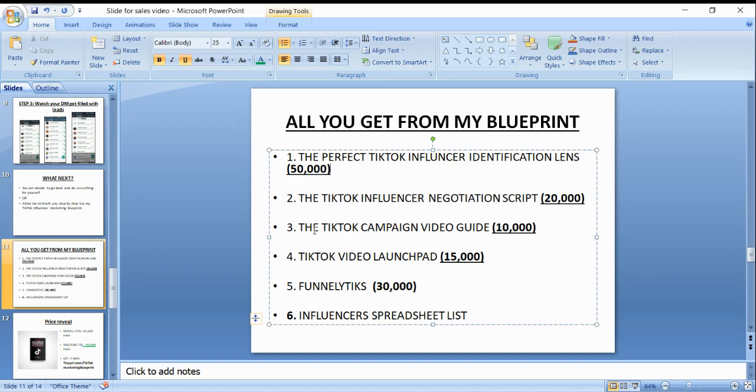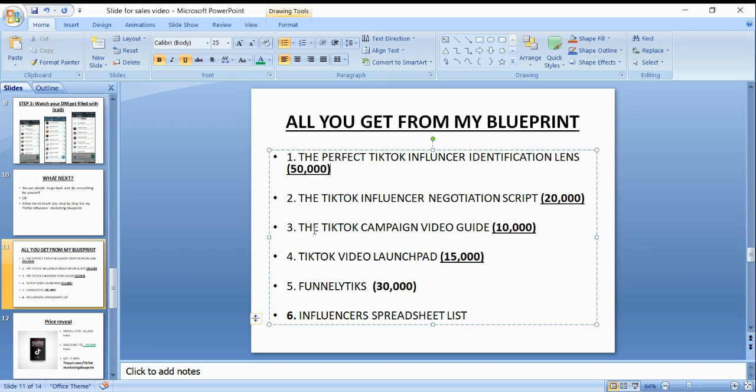For example, a common one is that a lot of people, when they are running ads with TikTok influencers, tell the influencer to say, "Click on the link in my bio to know more." If you use that kind of sentence on TikTok, it can easily detect that this person is taking people out of our platform. But there is a way you can tell people to click on the link in their bio without using that specific sentence.